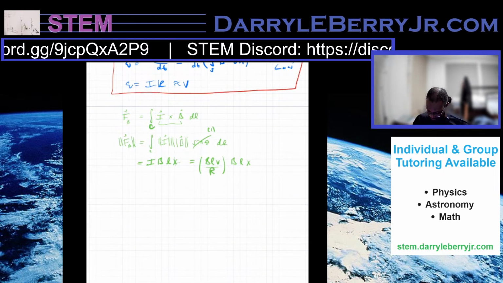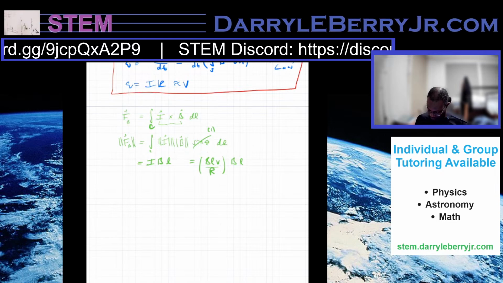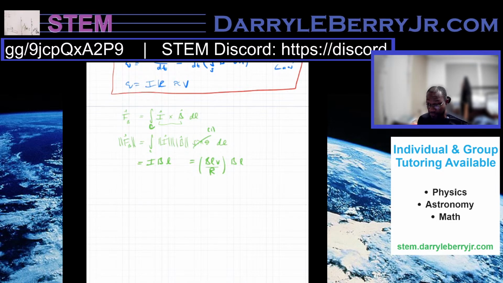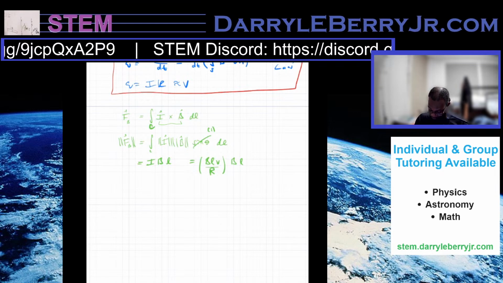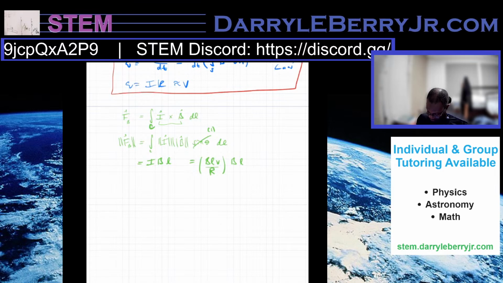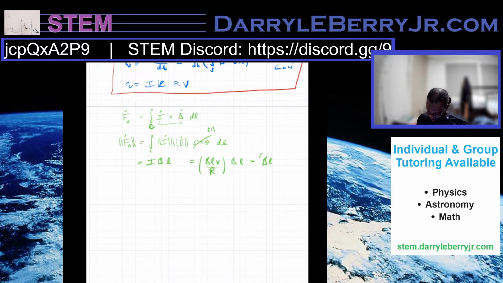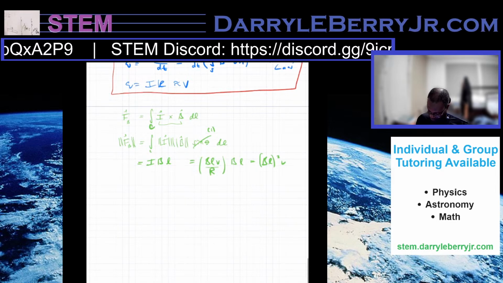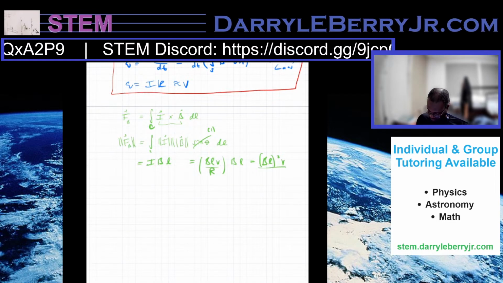We don't need this X. This would be the L squared V over R,